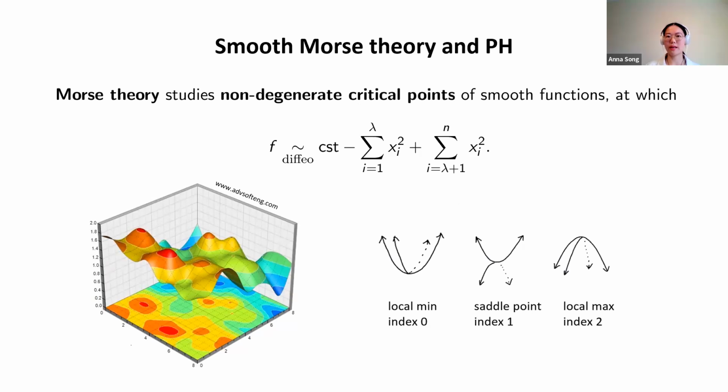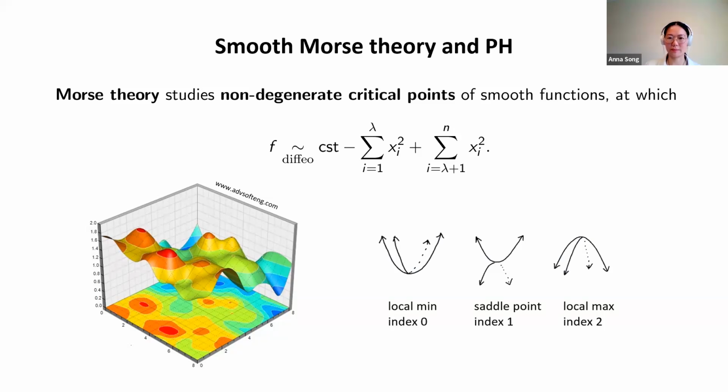Let me recall first the link between persistent homology and the smooth Morse theory. Morse theory is about the study of non-degenerate critical points, especially of smooth functions. Being non-degenerate means here that your gradient cancels. However, the Hessian is non-singular, non-zero determinant. So at such points, your function can be rewritten into a normal form that involves a number, lambda, which is the Morse index. Below, I'm giving some examples for 2D functions defined in 2D, where you have local minima, local maxima,